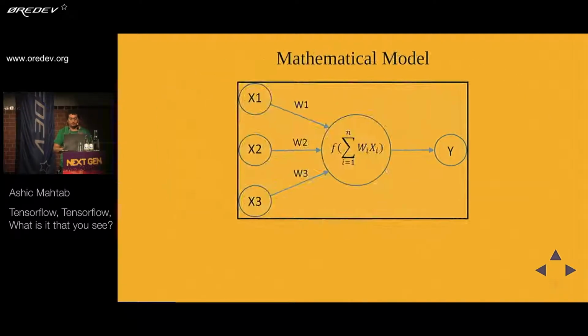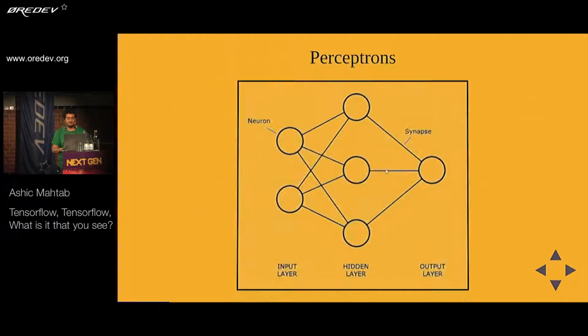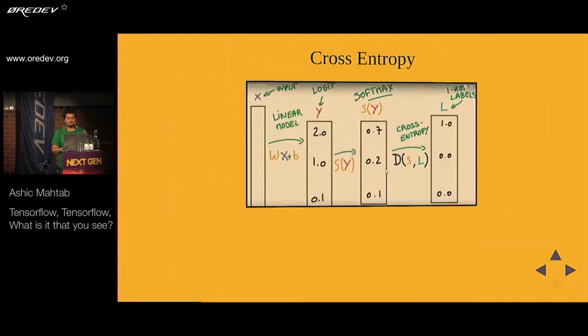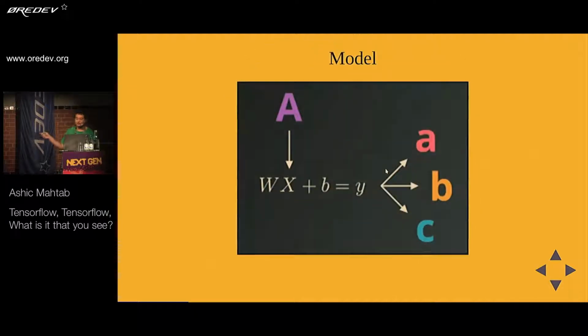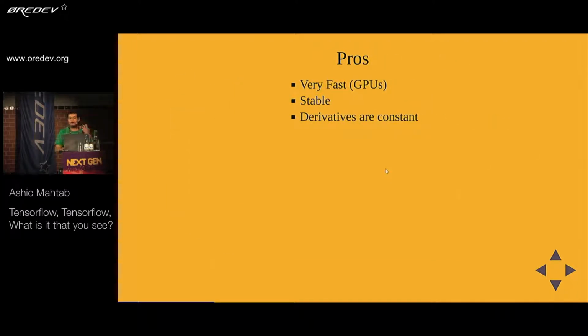So the derivative of softmax is linear, but the derivative of a linear function... where'd that go? There we go. So the derivative of this is going to be a constant. And that constant is basically w, if you derive it with reference to x. Okay. And so it's a very simple model. It's very fast to compute, and you can get things done fairly quickly.